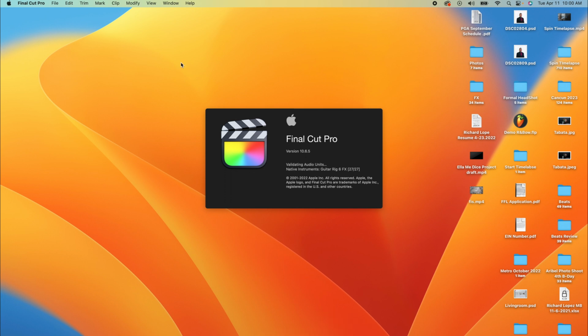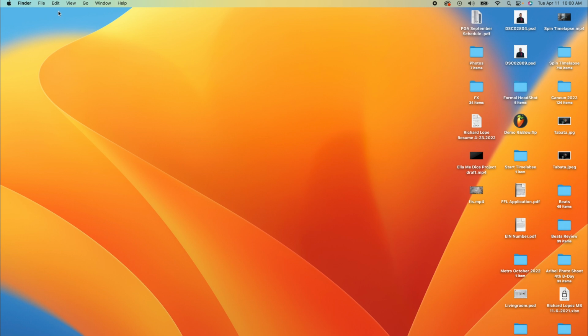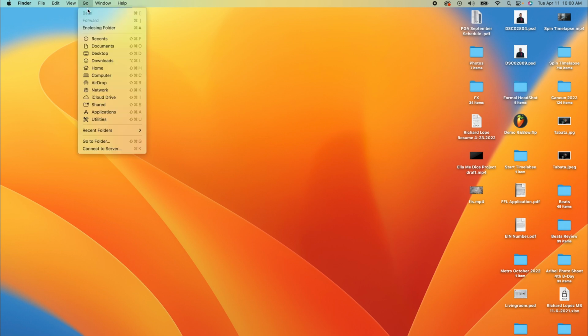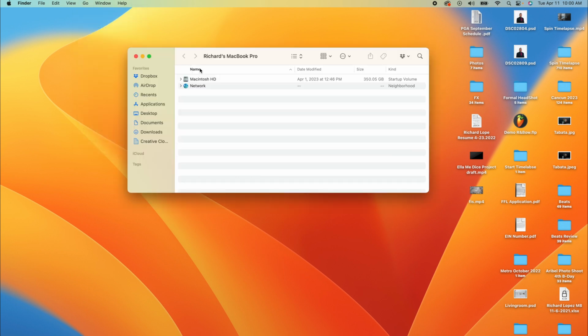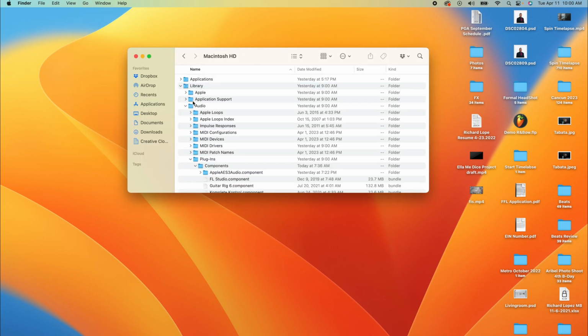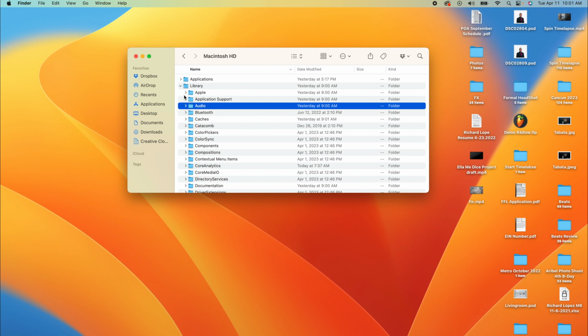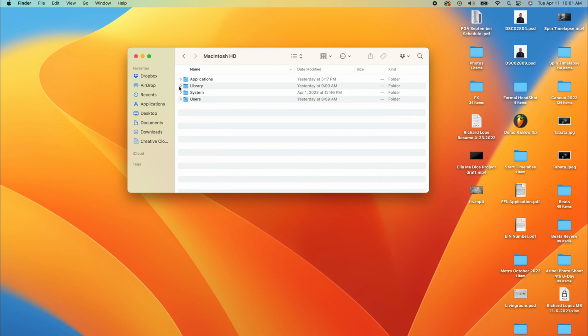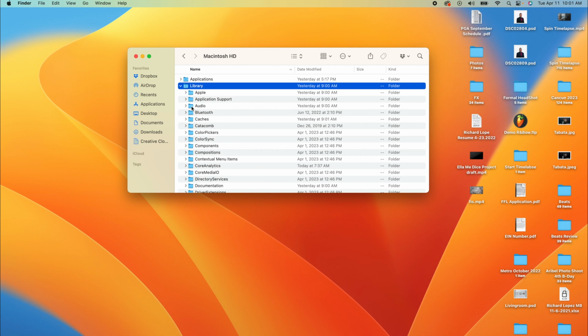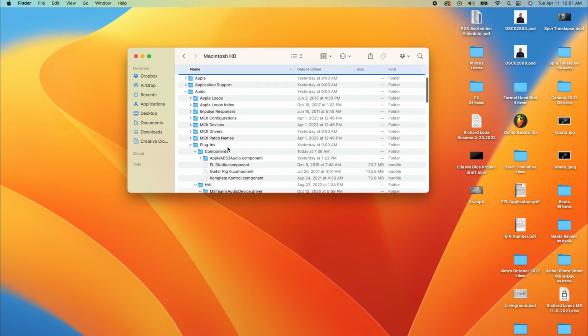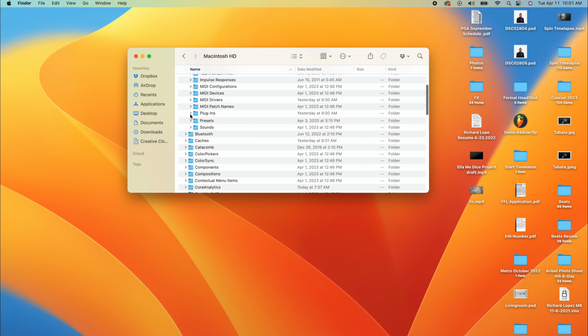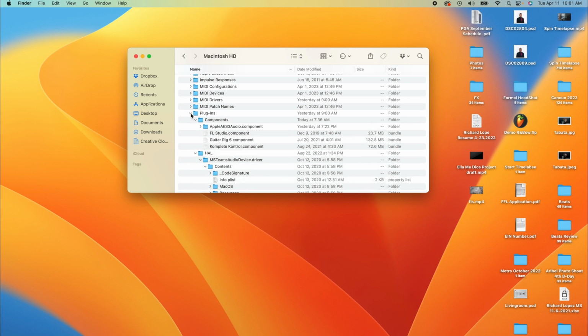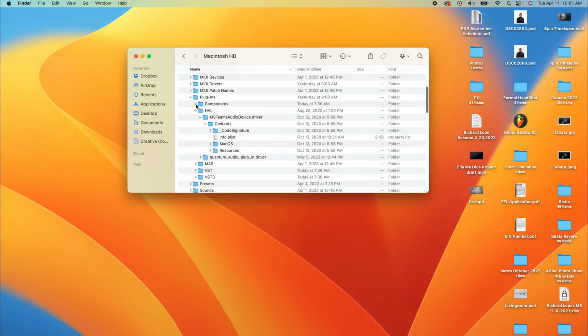So what we'll do is we'll go to the Finder. We're gonna go to computer. From computer, we're gonna go to Macintosh. Then we're going to go to library. Open up the library file. Then we're gonna go to audio. From audio, we are going to go to the plugin. Then from there, we're gonna go to components, right? And in this